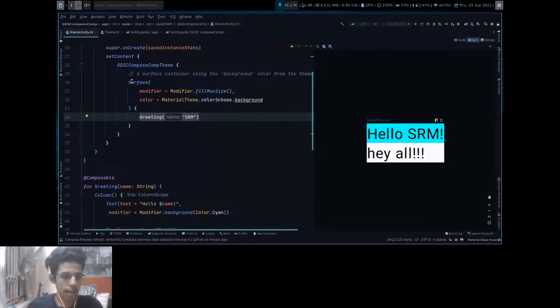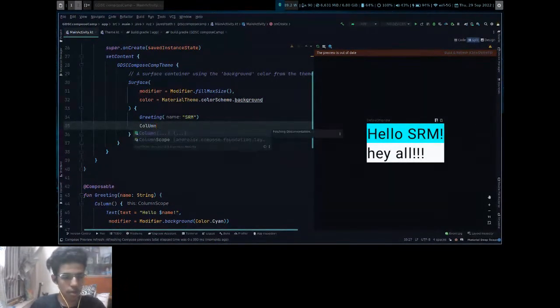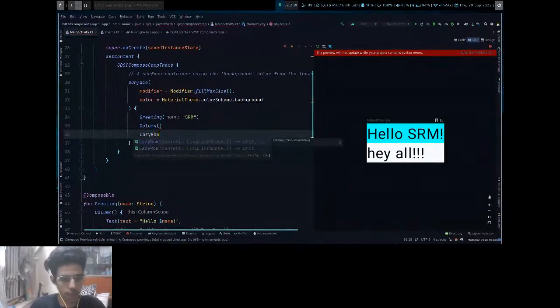But if you have used RecyclerView adapter, you would know that there was a hassle of using the adapter separately, keeping and managing classes, which IDs are being called, etc. In Compose, we have two things: Column and Lazy, the lazy version of all the layouts: LazyColumn, LazyRow, etc. So Column is basically the ListView, for example.